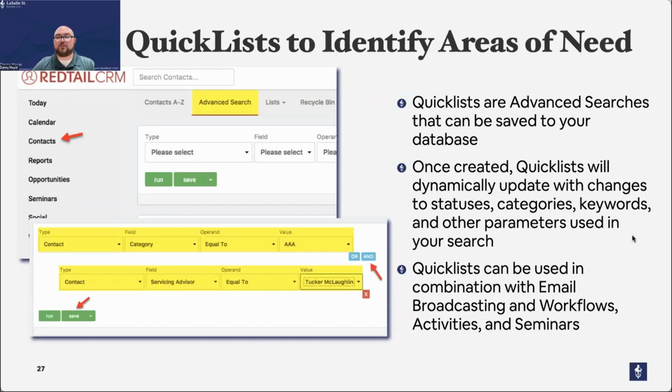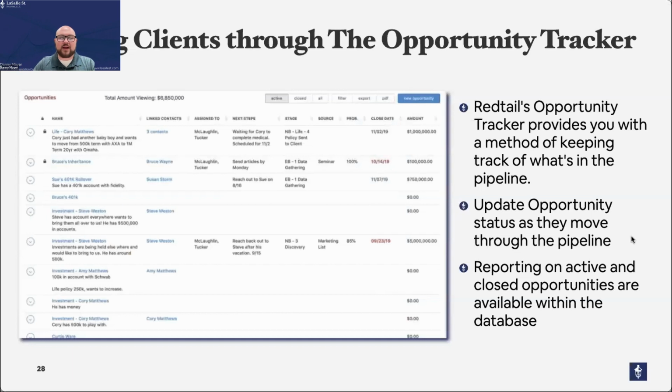So now that we've moved through that life cycle, we've identified another individual who maybe needs some help through the use of our quick lists. We'll then take the opportunity to move them through the opportunity tracker built into Redtail. This opportunity tracker basically just gives you the option to keep track of what's in your sales pipeline. Similar to some of the statuses and categories, you can update the specific status of an opportunity as they move through that pipeline. And as you can see in our example,